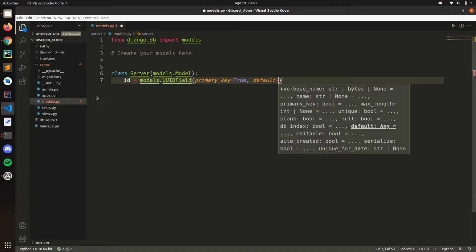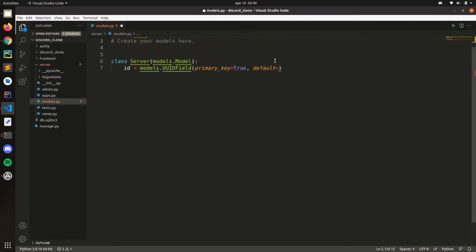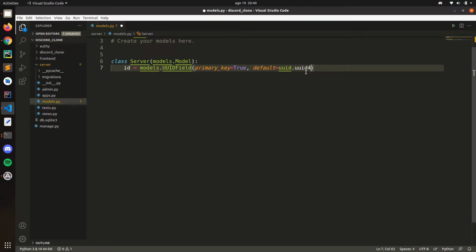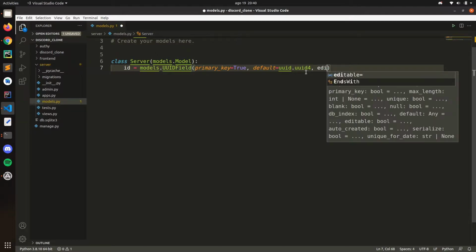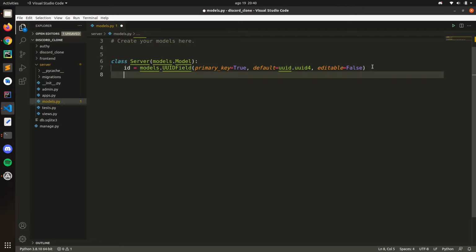First we need to import it. Let's just import UUID, just like that. So here for default we put uuid.uuid4, just like that. Editable false. Okay. We're going to have a picture, and the picture will be models that image field